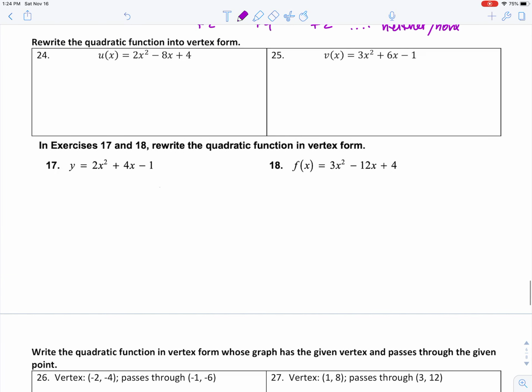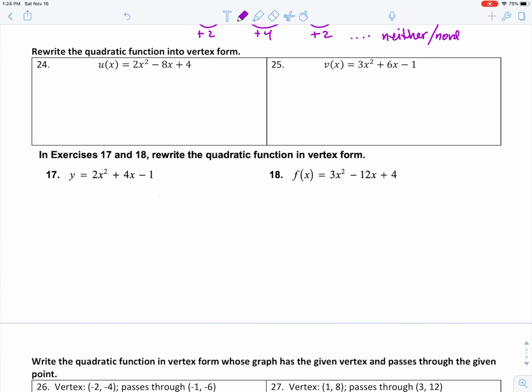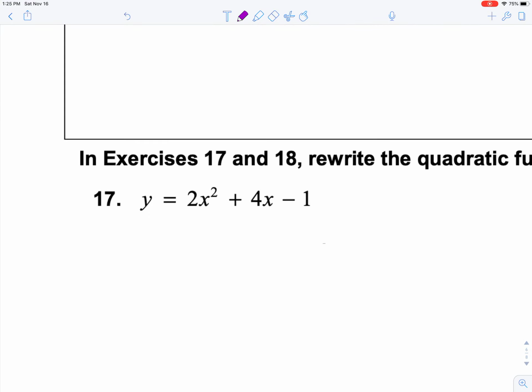For both of these, we're given equations in standard form. So remember, on the very first page, we talked about how you turn something from standard form into vertex form. We've got to figure out what h is first, and we do so by using negative b over 2a. Once you know what h is, you plug it in and solve for k. So in this case,